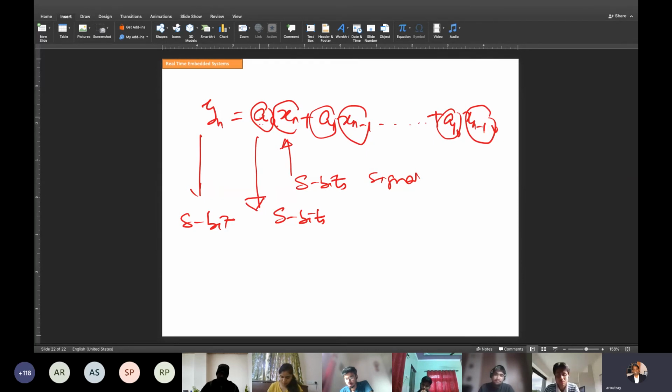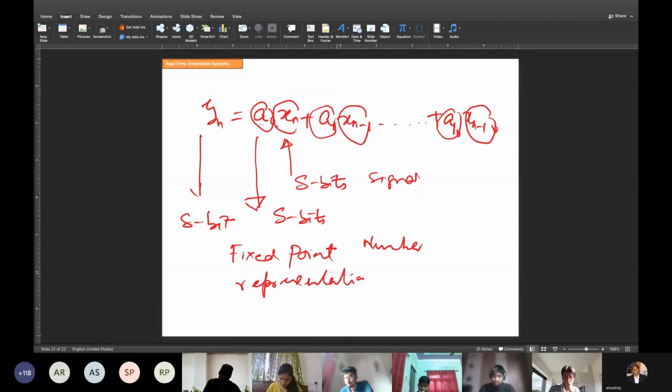This is called the real software design. Sometimes it is called fixed point number representation. So how will you represent xn and a0 such that there is no overflow? And also nothing should become insignificant. Suppose xn is some value, it should not be ignored either. This is then called software specification number 1.